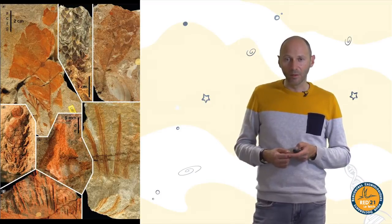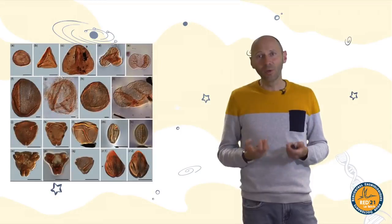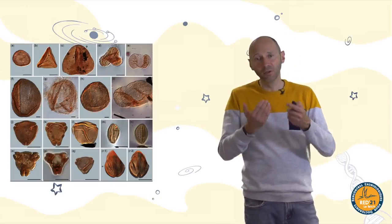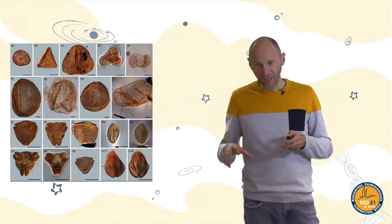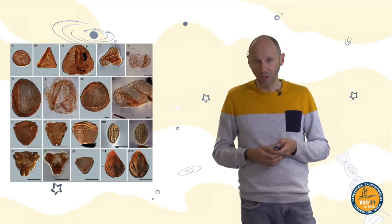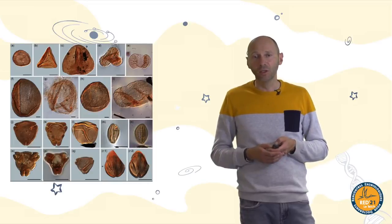Here you can see different types of plant fossils. We have pollens as well, well preserved. So pollens are difficult to study because they are very, very small, microscopic. So you need a long chemical preparation, but it works. Long preparation of the sediments, in different solutions to dissolve most of the mineral matter from your sediment, and then you have a long work of preparation of the pollen grains or the palynomorphs, because sometimes you have spores depending on which group of plants you are studying, and depending on the period, and they yield important information as well in terms of climatology, climate evolution,